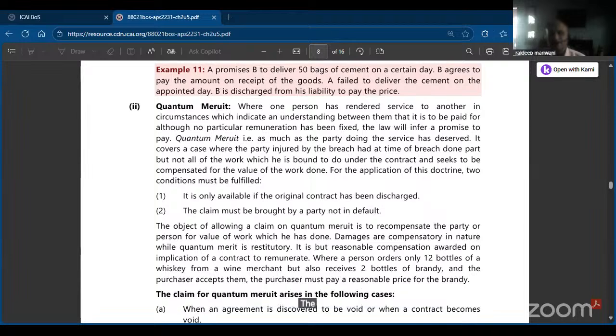The case law is Planche versus Colburn. Planche versus Colburn. Now, what happened in this case of Planche versus Colburn was